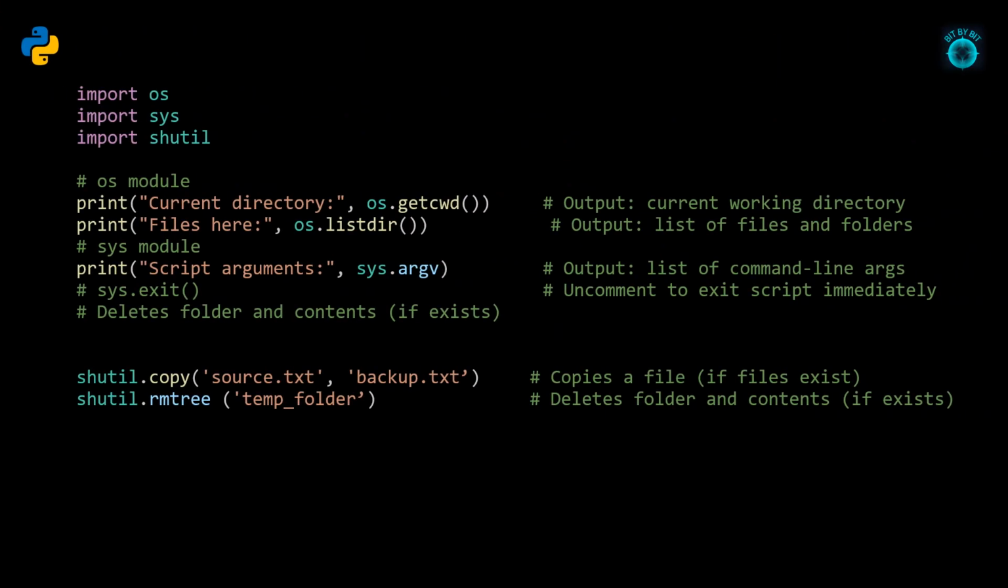We import OS, sys, and shutil. Using os.getcwd, we print the current working directory. Then we list all files and folders using os.listdir. From the sys module, we access sys.argv, which shows the command line arguments passed to the script. You could also call sys.exit to end the script, but that line is commented out for now. Using shutil, we can copy files with shutil.copy or delete folders with